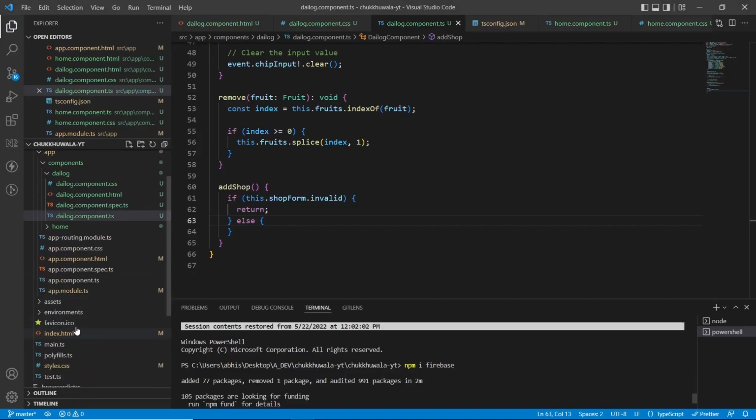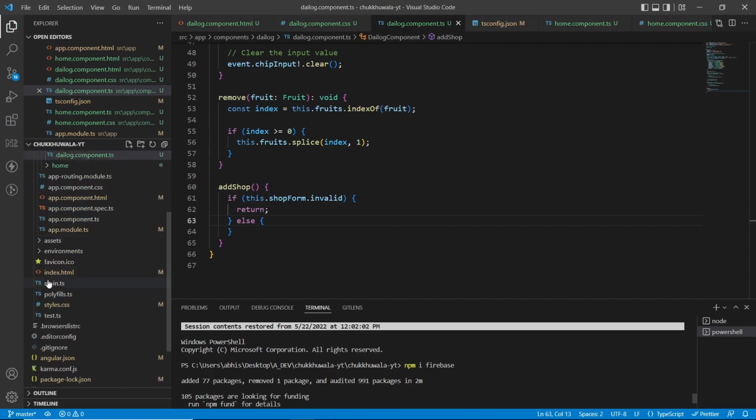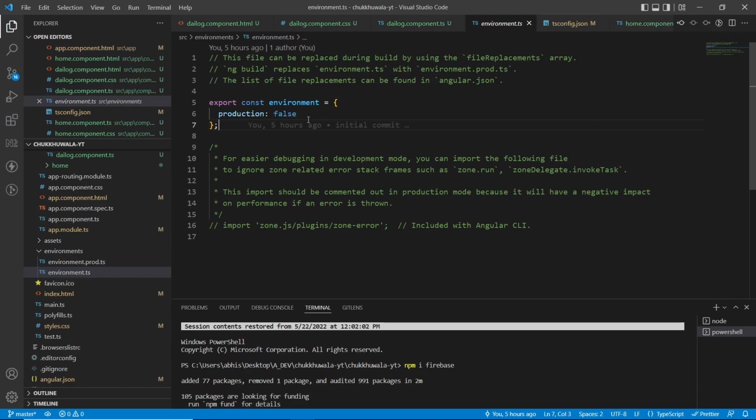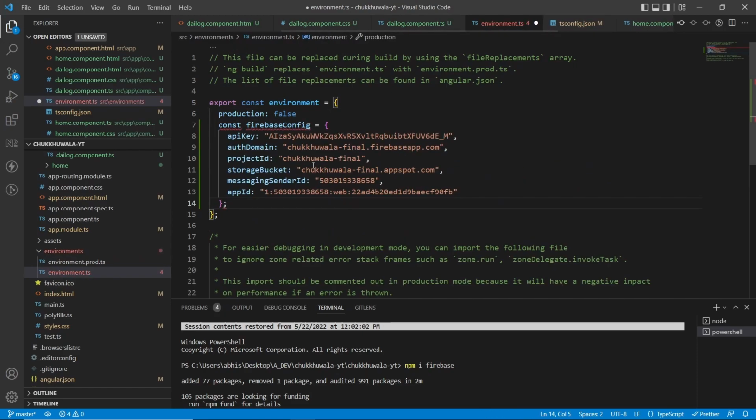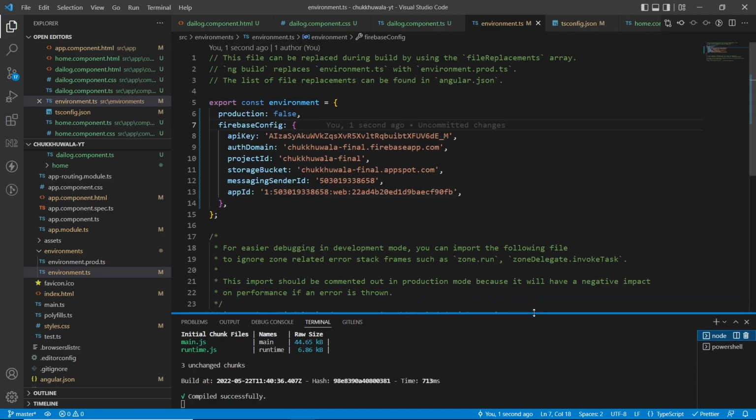Now go to your environment.ts and paste it here. We don't need const, we only need this one, and also add a comma here. This should fix the issues. Also we don't need the semicolon, and instead of equal to, we need to specify a colon. Now hit save, go back,